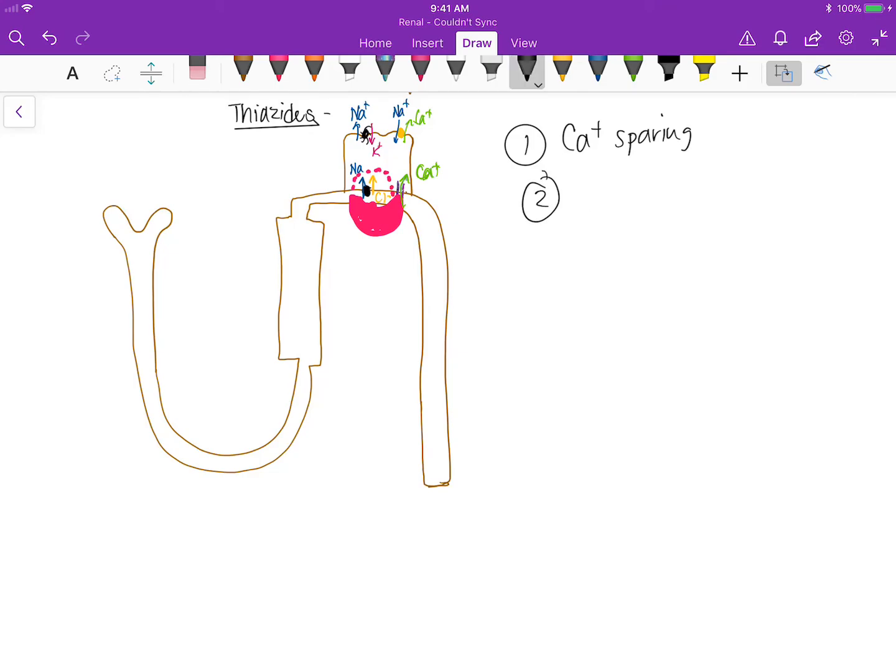They can cause hypokalemia, just because your body is working so hard to get through this, to get this right here, and because of this reason, because you have